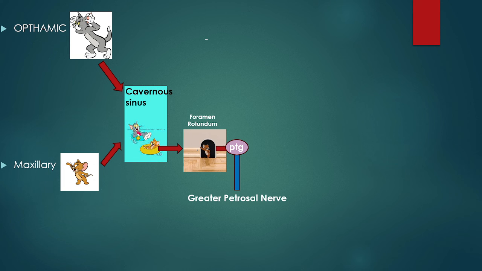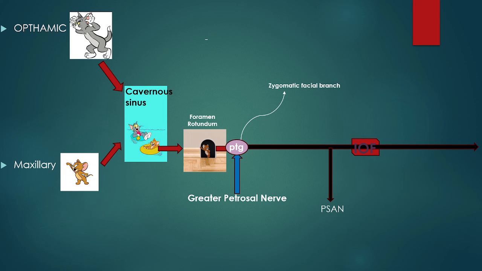Now after passing through the foramen rotundum, this maxillary branch relies on the pterygopalatine ganglion. It relies on the pterygopalatine ganglion along with the greater petrosal nerve. Greater petrosal nerve is a branch of the facial nerve, the seventh cranial nerve. Remember this. So this branch of the seventh cranial nerve also relies on the pterygopalatine ganglion, and this maxillary branch also relies on this particular ganglion, right? Now after relying on the pterygopalatine ganglion, this maxillary nerve gives a branch, that is the zygomaticofacial branch. Zygomaticofacial branch is a branch of the trigeminal nerve, maxillary branch only.